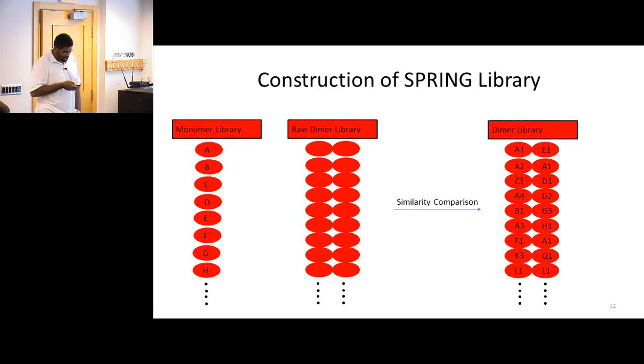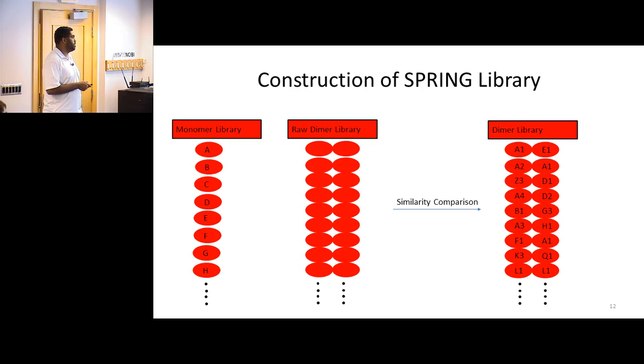So a quick note on the next program, which is our Spring library. It consists of two libraries. With the first one, each of these is just a single chain protein, and they each have a unique name. Then I go to the PDB and I download all dimers, and they have no name right now. So what I do is I take A and compare it to all these, and then B and C and so on and so forth.